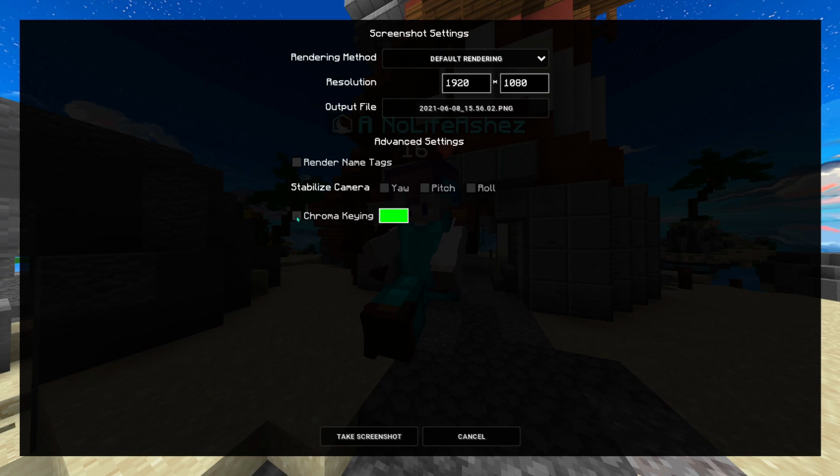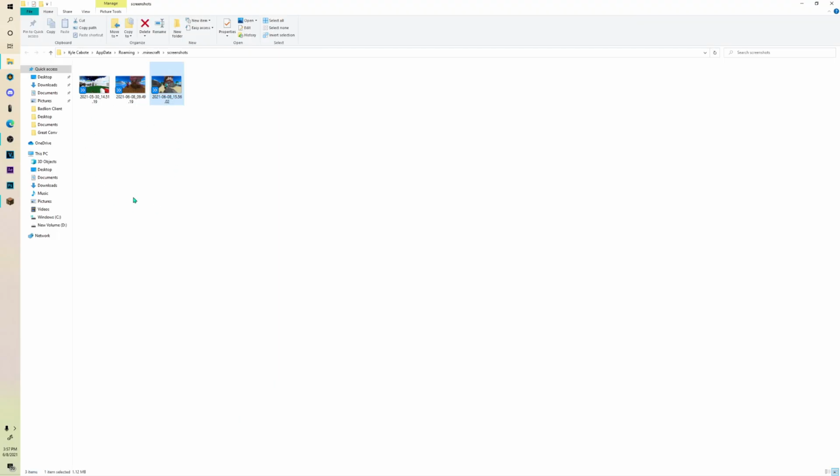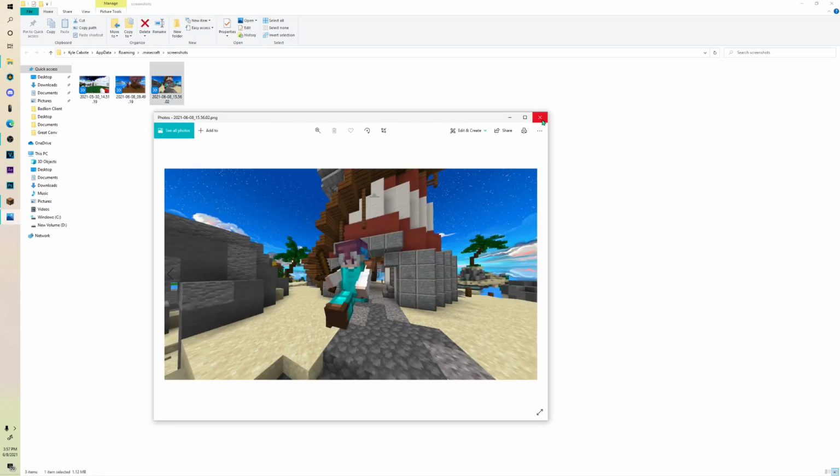Chroma keying. So if you check this box, then the sky will be whatever color that you choose here, so you can chroma key it. But yeah, once you find everything that you like, click take screenshot, and then show file on disk. And then if you've taken a lot of screenshots, then you might have to scroll down. I haven't taken a whole lot, but here's the one that I just took, and so I'm gonna open up